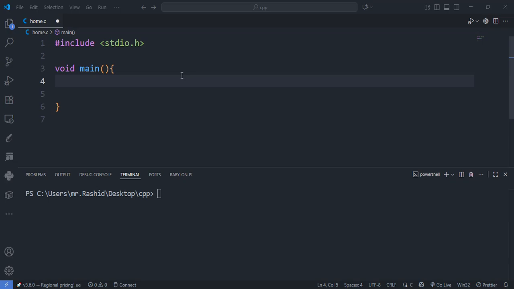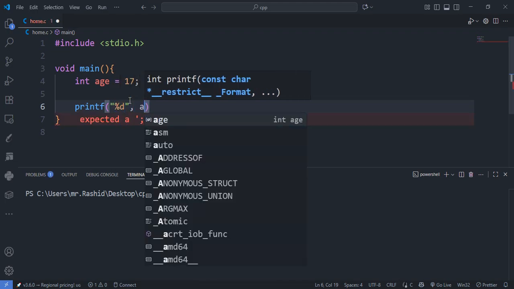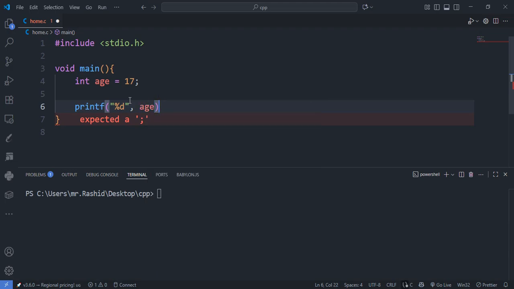In C we have two main categories of constants, and the first one is the literal constants. These include the actual fixed values. For example, if you create a variable age and set it to 17, you can use this value 17 by hard coding it. For instance, if you want to print that age, let us use the format specifier %d, instead of printing out age, which can